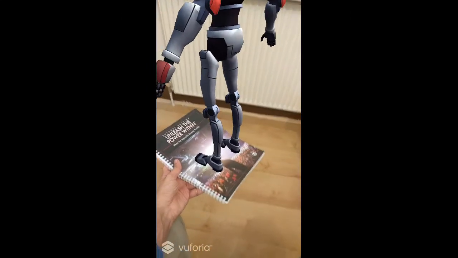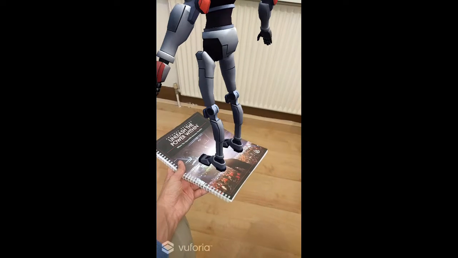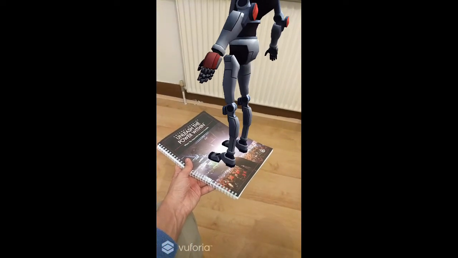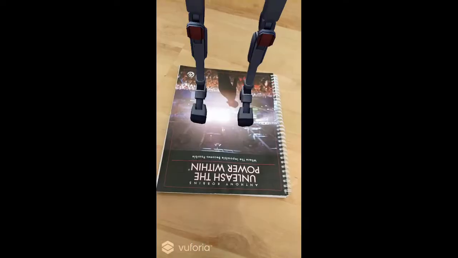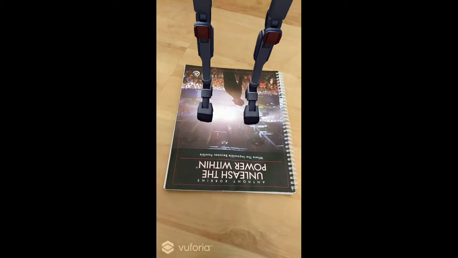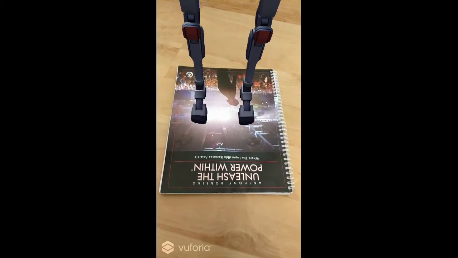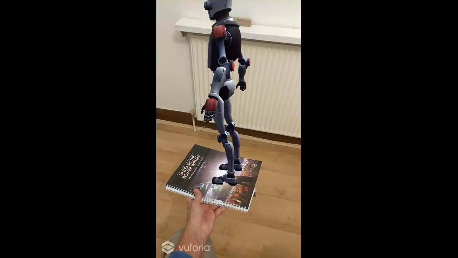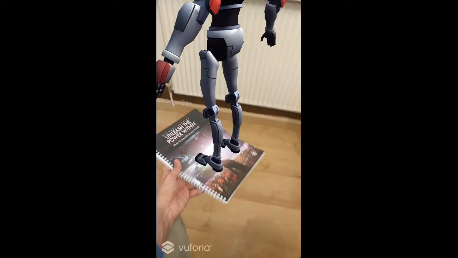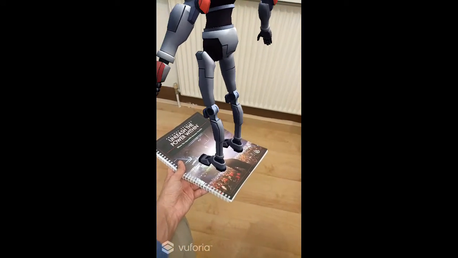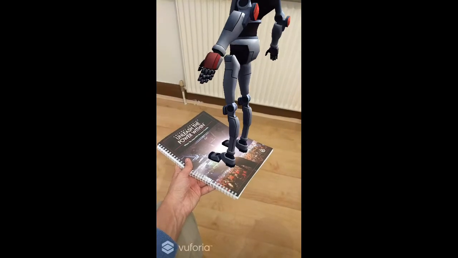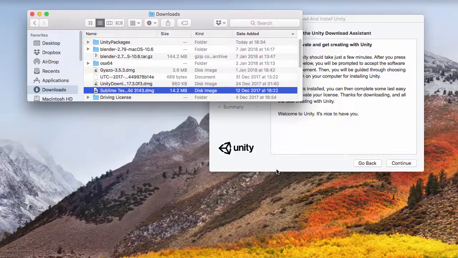So in this week, I'm going to be showing you how to get Vuforia augmented reality working, in particular using targets, which I keep getting asked quite a bit about. So I'll show you how to do targets this week, and then maybe next week I can show you how to mix targets with AR Core as well. All right, so enjoy. First we need to make sure we've got